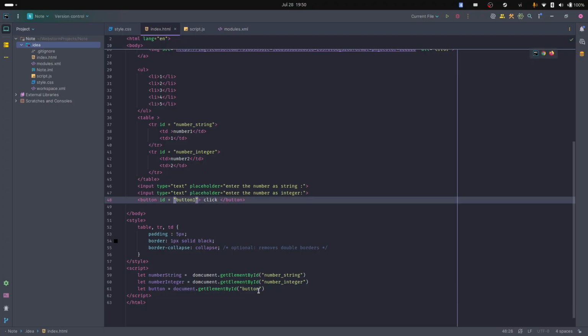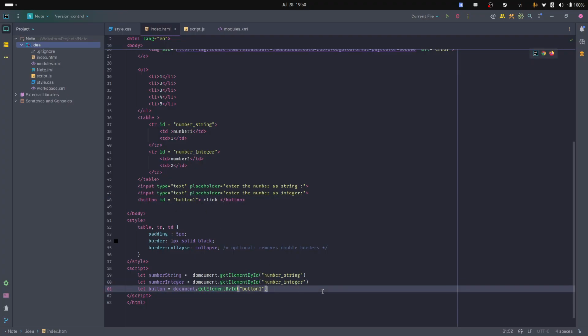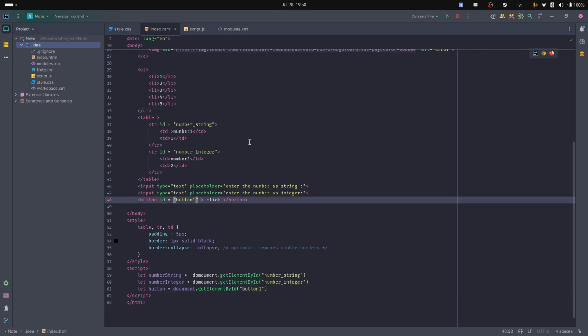Person one, for example, right? And then when I click, no, I'm not going to use onclick because it's not the best way to add an event. For example,